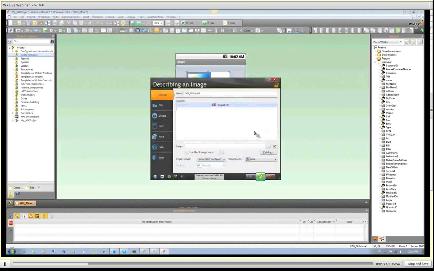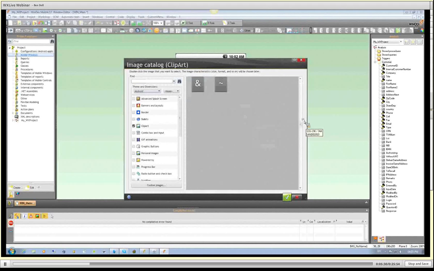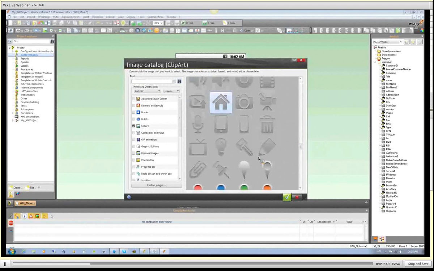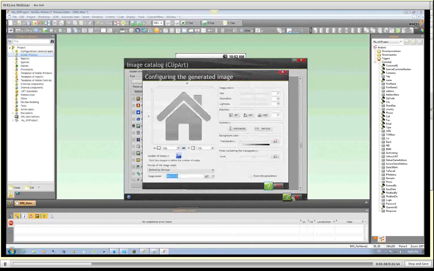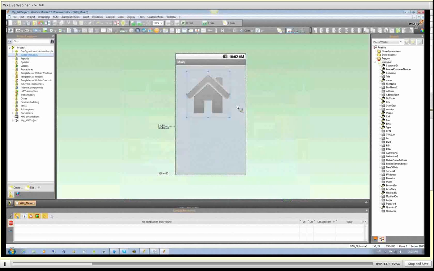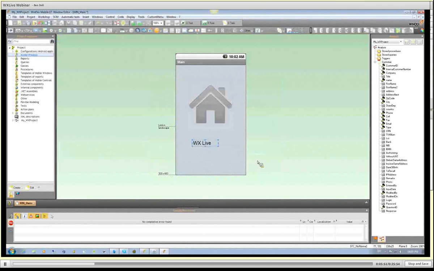I will create a control just now, and let's go to Android nice icons and use that nice little home image there, and we're going to put that. Okay, so that is a screen created, and the main thing I want to show you is